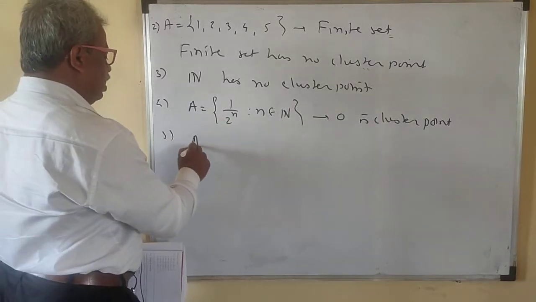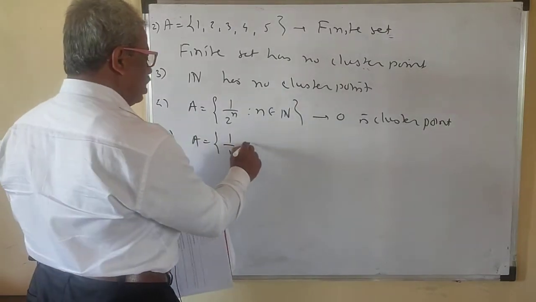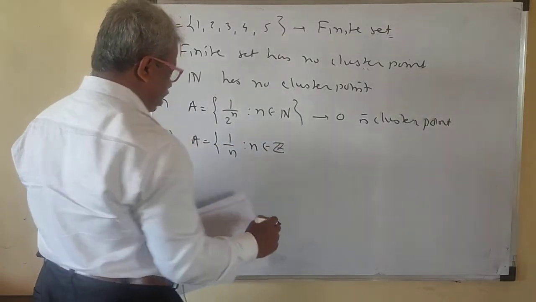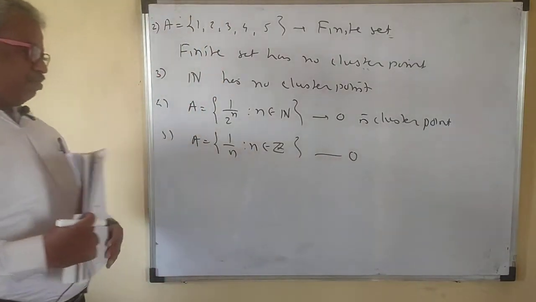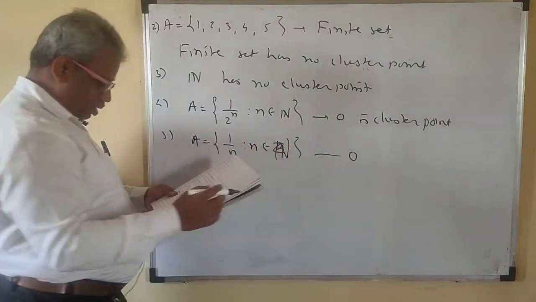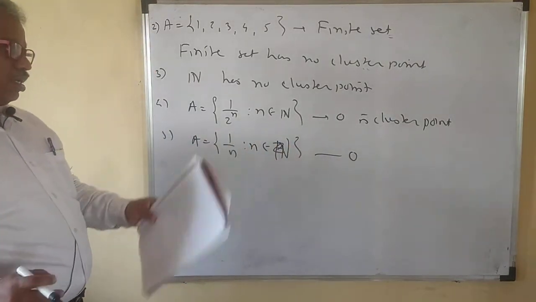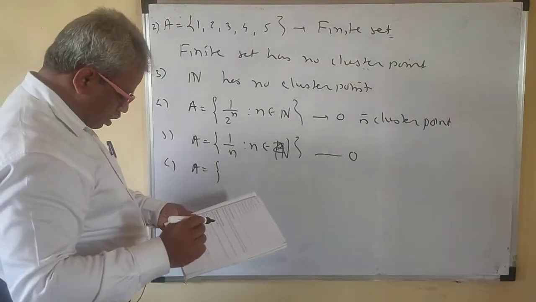Then A is equal to 1 upon n, where n belongs to N. Again 0 is the cluster point of this one, because as n becomes larger, 1 upon n goes to 0. So again 0 is the cluster point of this set. Sixth, A is equal to